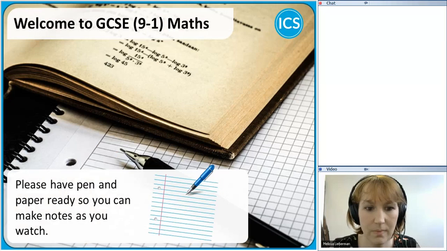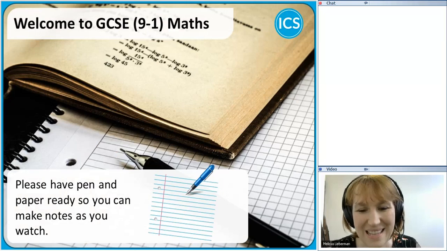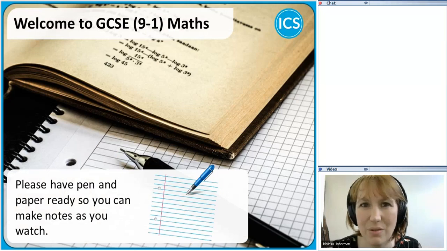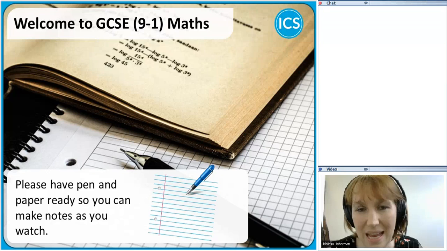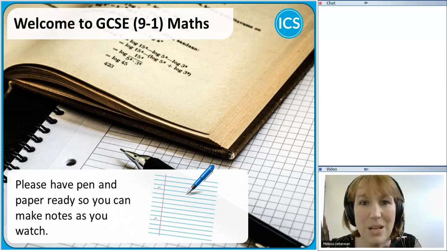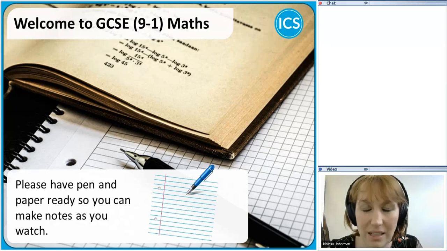Do make notes. I know I always say this, but I think it's really important to have everything written down. It will help you to remember what I'm saying, and you can use your notes for revision later on. You can apply your own special style if you find colours and highlighters helpful. You don't have to copy everything from the slides, but do copy down the key points and try to copy down some of the worked examples so that you can refer back to them as you're working through your own